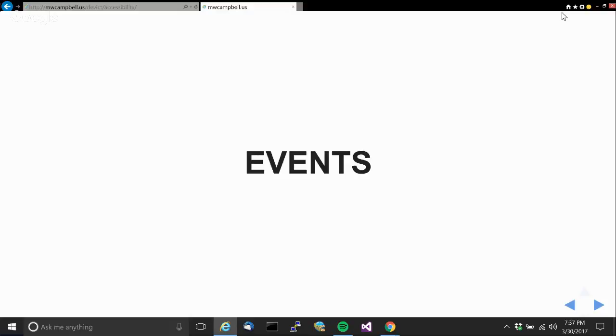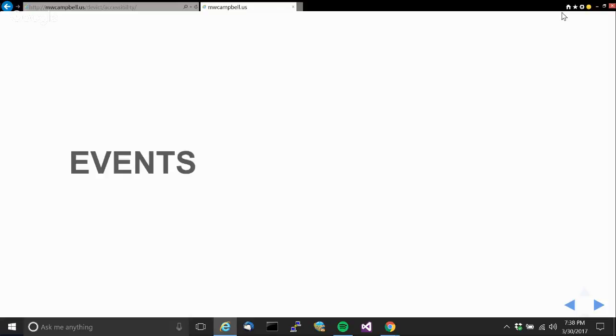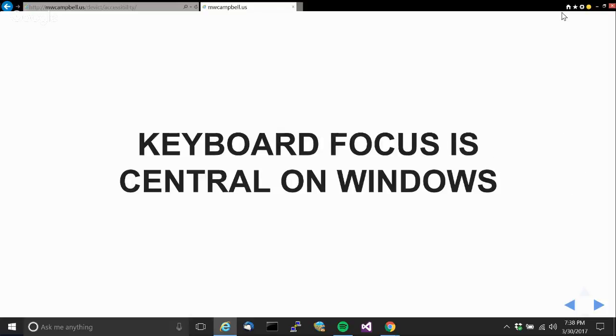In some cases, we still have to set a timer and find out, did the current line of text change? But ideally, we just wait for the appropriate event to fire. So on Windows, and I believe on Linux with GNOME as well, we use the keyboard focus, so the current active control is whatever has the keyboard focus.